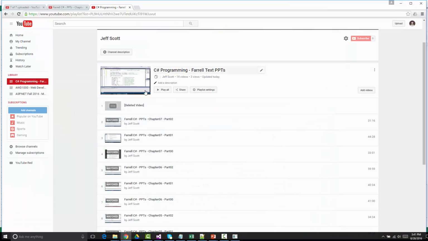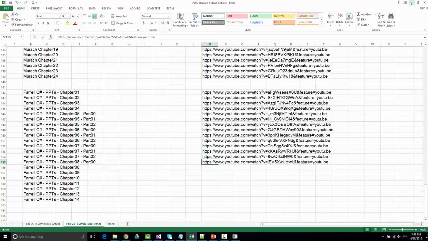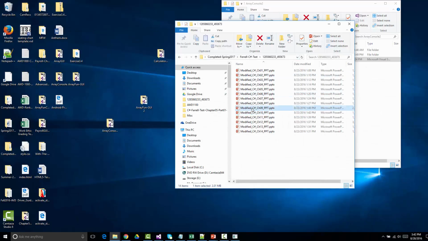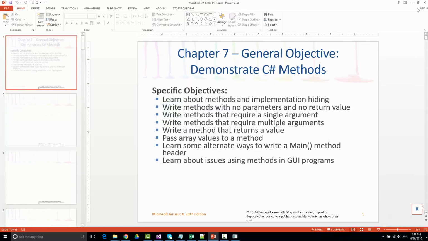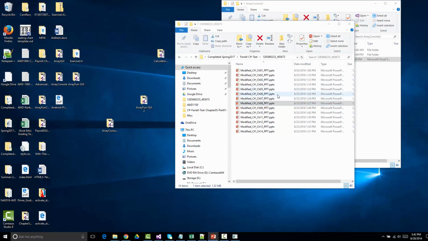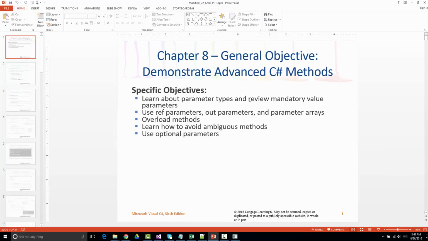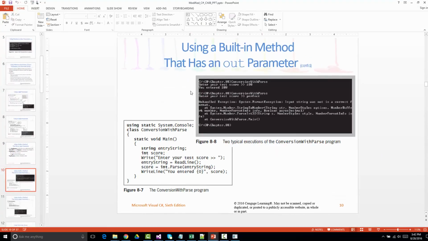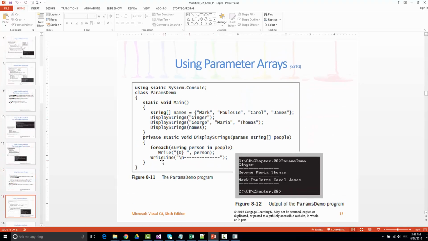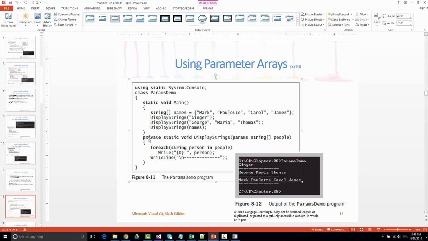I'm going to go back and take a look at what they did in the book here, just because I think it might end up helping. I'd rather show it to you correctly than have to, oops, that's not what I want. I want Chapter 8. Parameter array. Okay, let me grab this. All right, it's not going to work, so I'll do it like